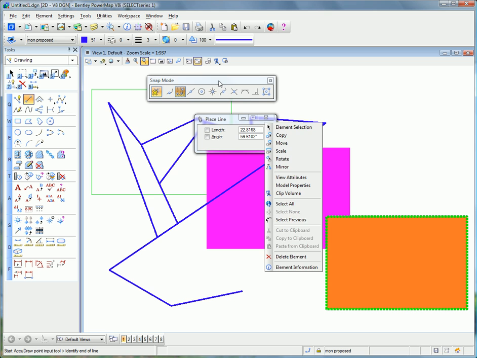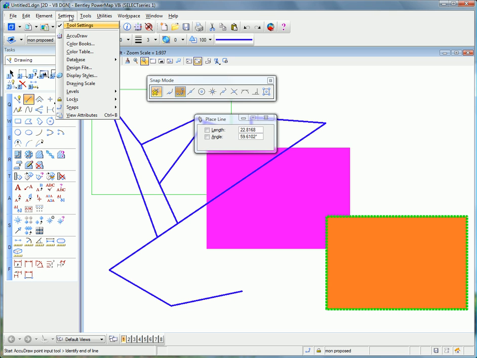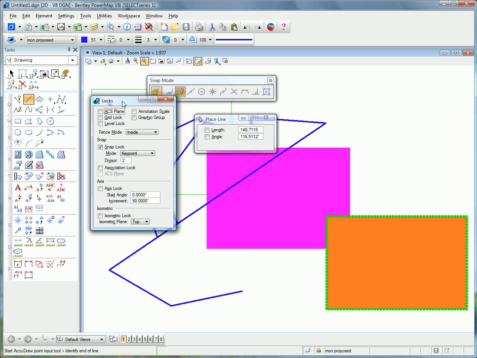There are a lot of snap mode commands, but you can now find out what they mean. The locks. We've got several locks. You can find the locks under settings, locks, and now I choose the full menu,